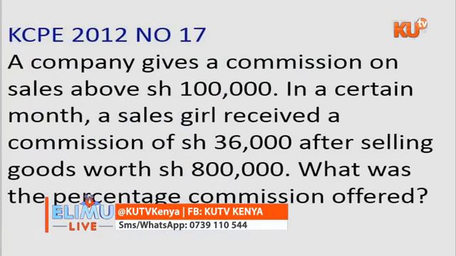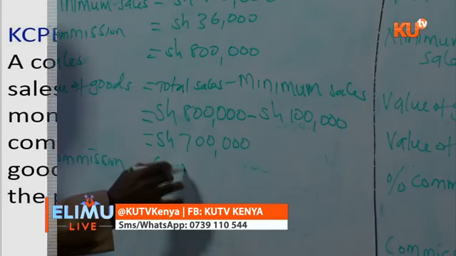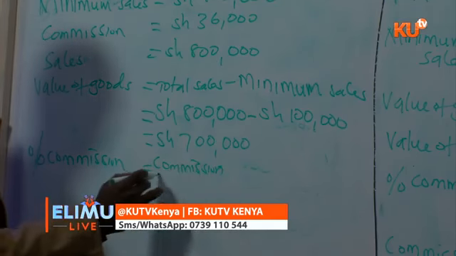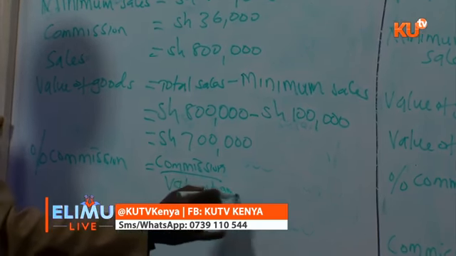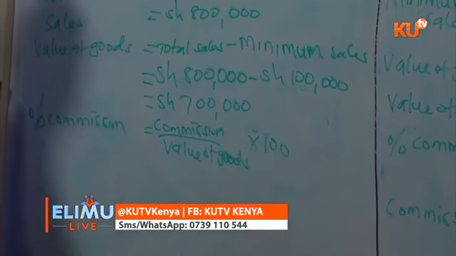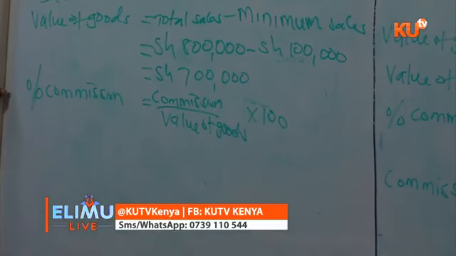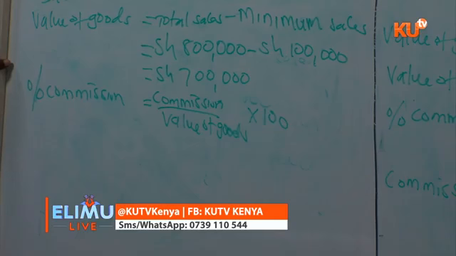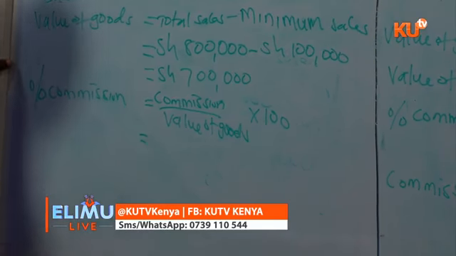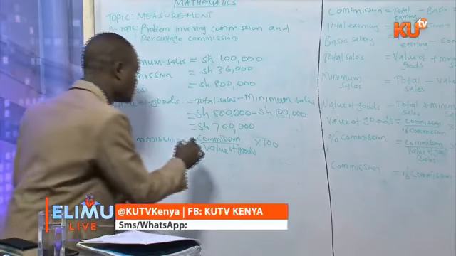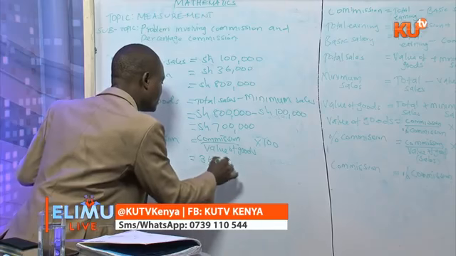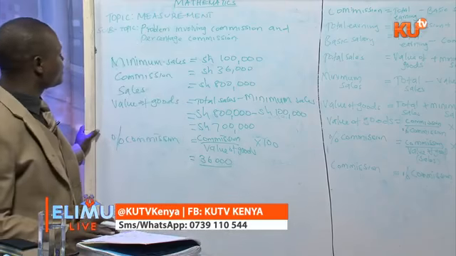And so we are asked to find the percentage commission. Percentage commission is equal to commission over value of goods, times 100. So we come here and write the commission according to the question. We are given commission as 36,000. So we write 36,000, then we divide by the value of goods, which is